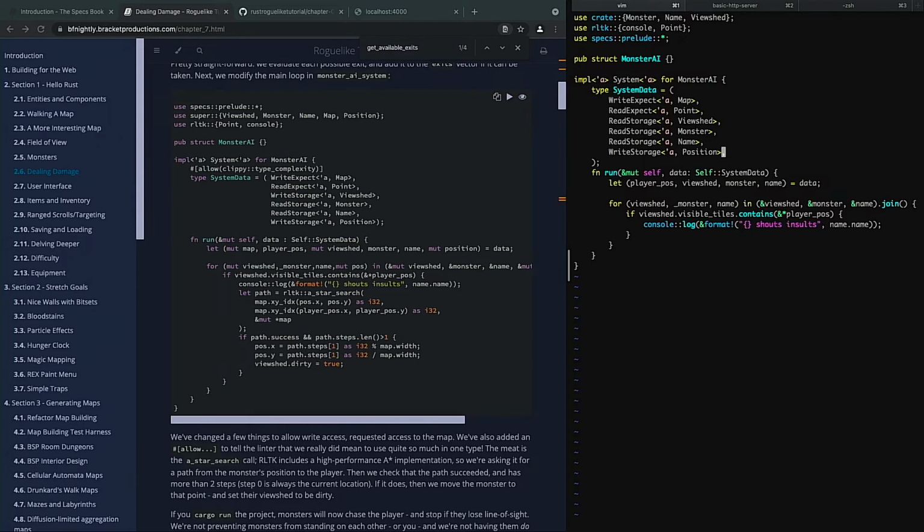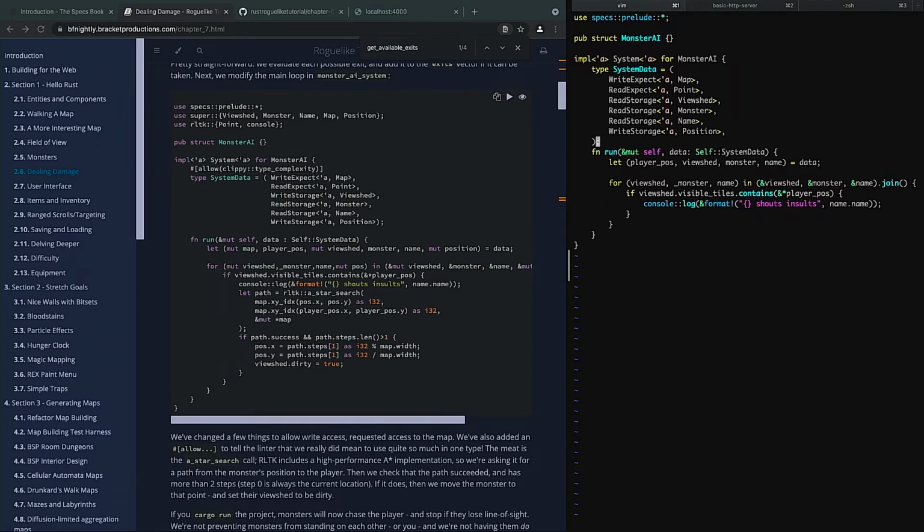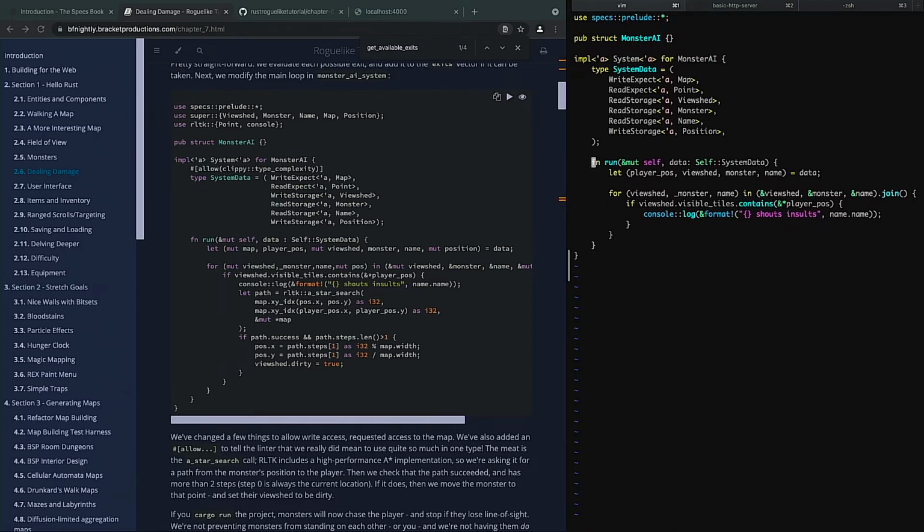Right? And then we put a space there. In function run, we're going to add these guys, mut map, player pos. We're going to mutable viewshed. This says read. Oh, they changed it to write storage. Okay. So viewshed, monster, name, and then position